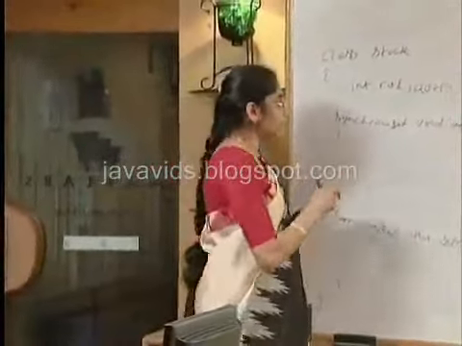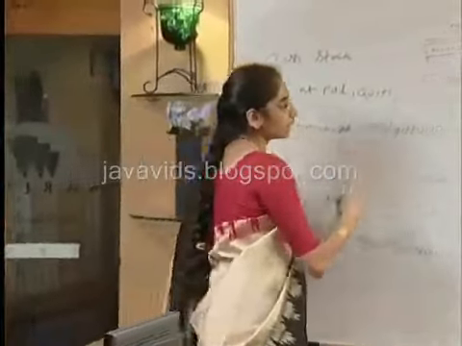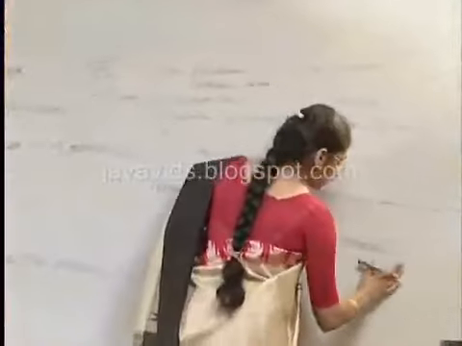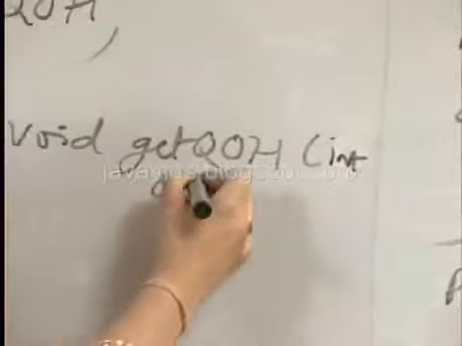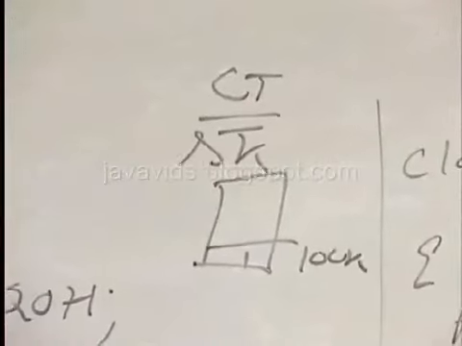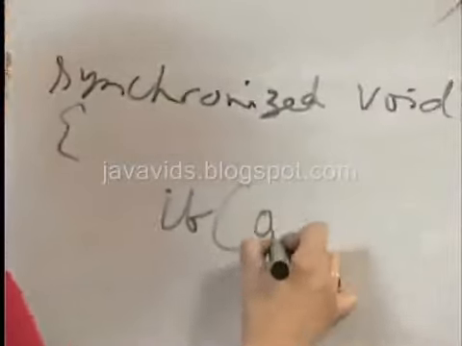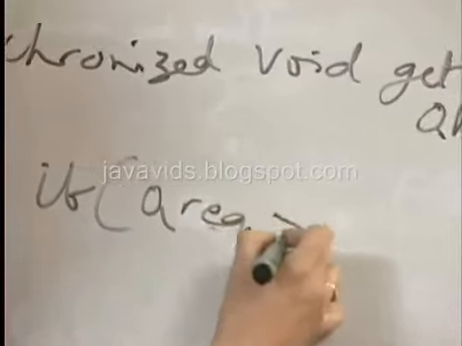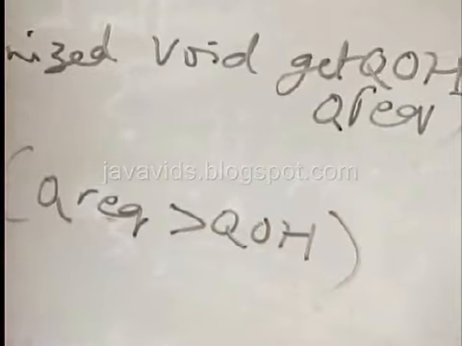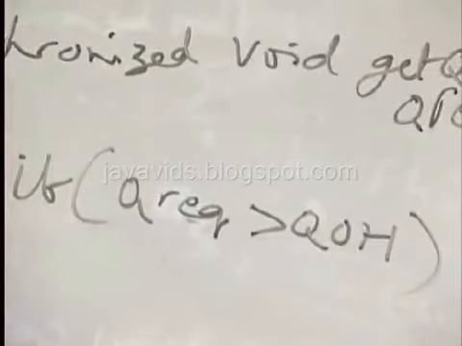Now once I'm in here I need to check before, let's say here we specify how much we want to consume. Once we check the quantity required is greater than quantity on hand, we cannot consume it. We have to wait till the